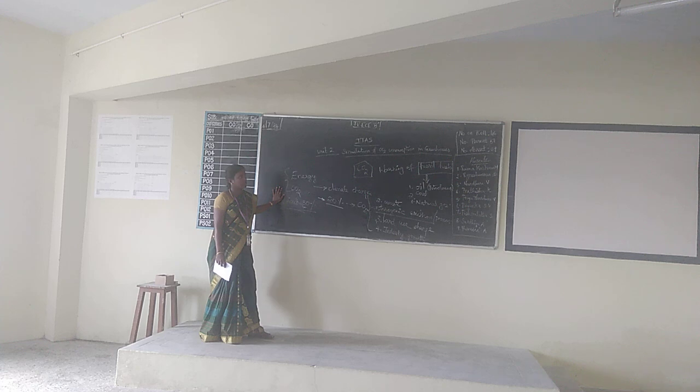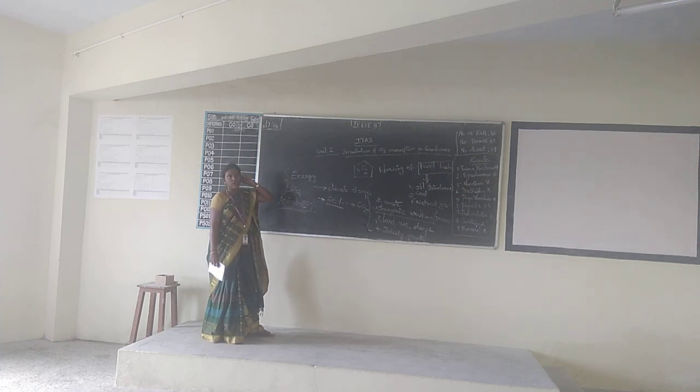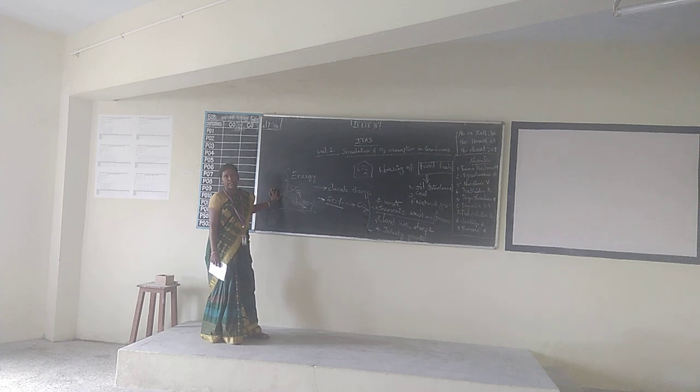Then the other topic is CO2 consumption in greenhouses. Okay. So what is the meaning of greenhouse? We are going to set up an artificial environmental setup under a single building. The building is designed specifically for a specific type of environmental controls or conditions. So what are the environmental conditions? Already we have studied the various environmental factors. What are the conditions or factors?